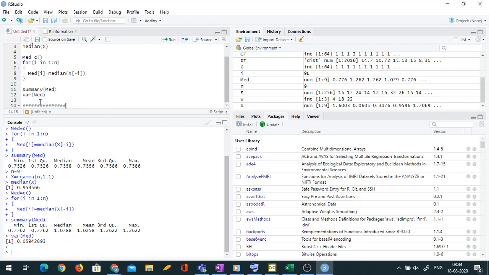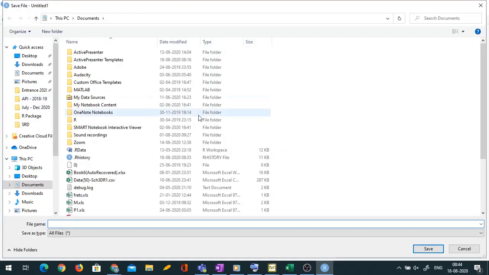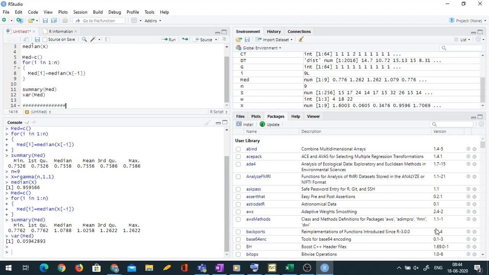So this was jackknife. What do we do in non-parametric bootstrap? Now I want non-parametric bootstrap.